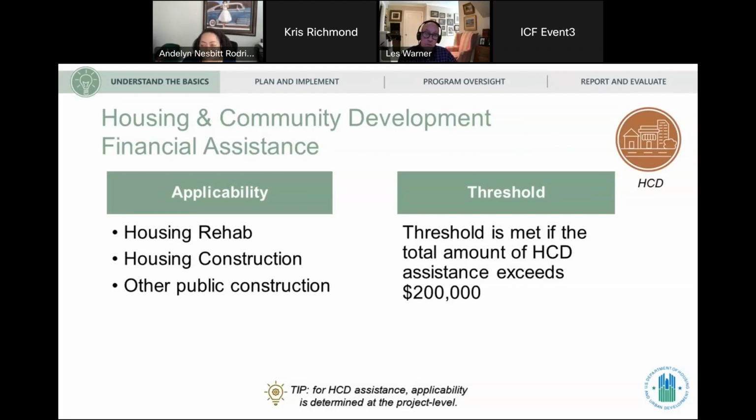So then what we're looking at for Section 3 compliance are the labor hours on this. Let's say we have a contract with a vendor who's going to do the construction work for, I don't know, a sewer line extension project.